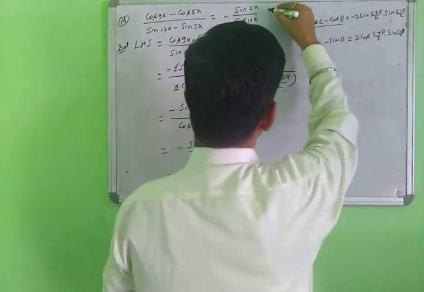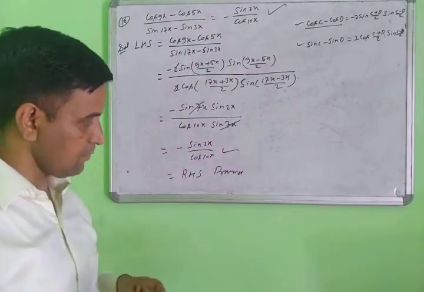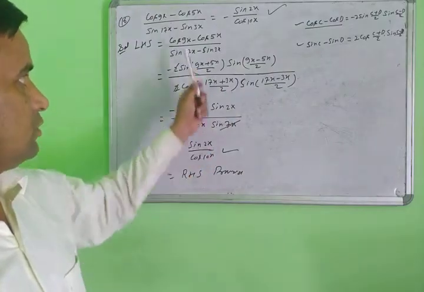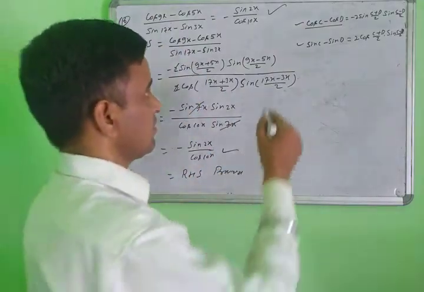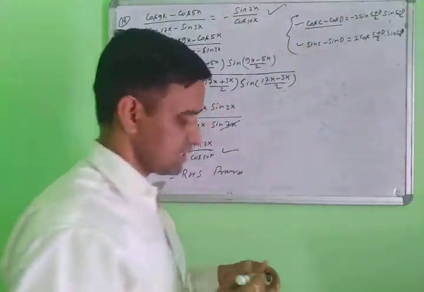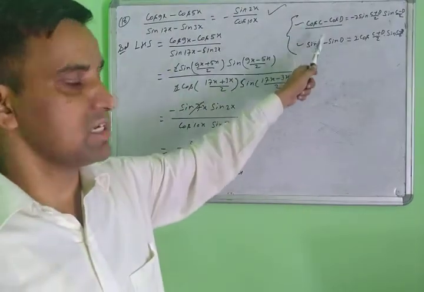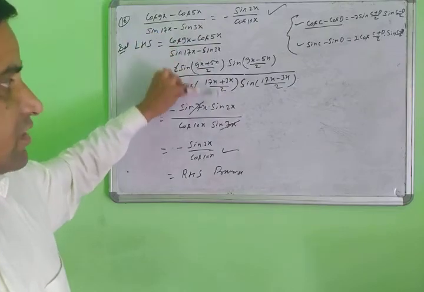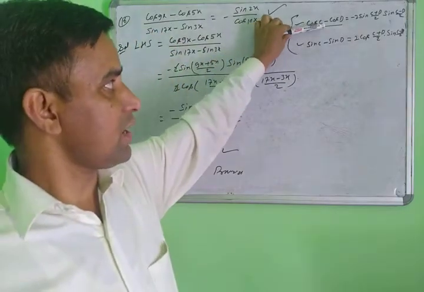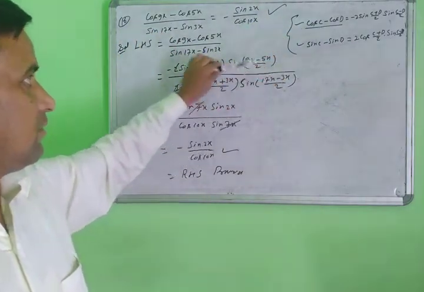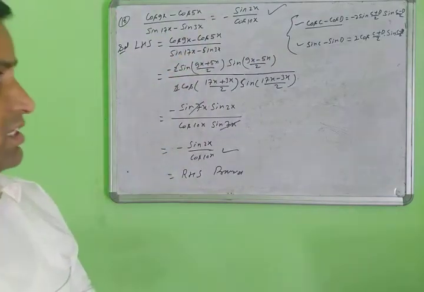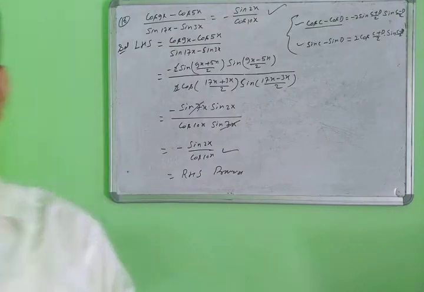This step and this step you check. Both are the same. The last step and this last step both are the same. This means RHS. You can take it. But the important thing is that you have learned these identities. The question is not difficult. First you learn the identity, then using it here, you get the easy answer. Yes, note down the next question.